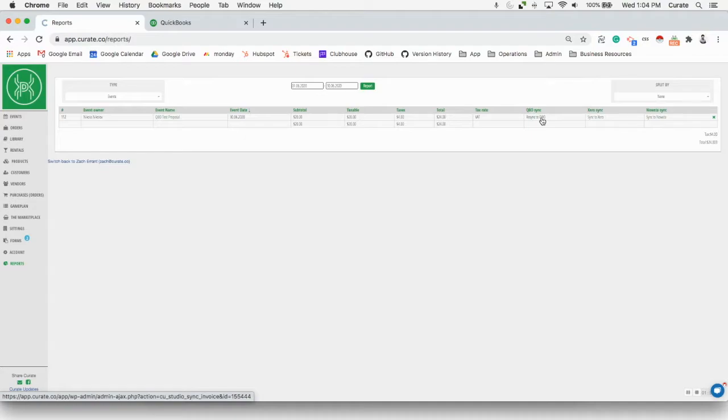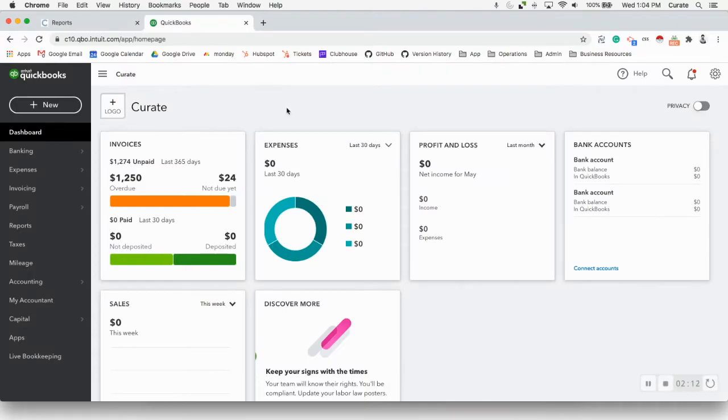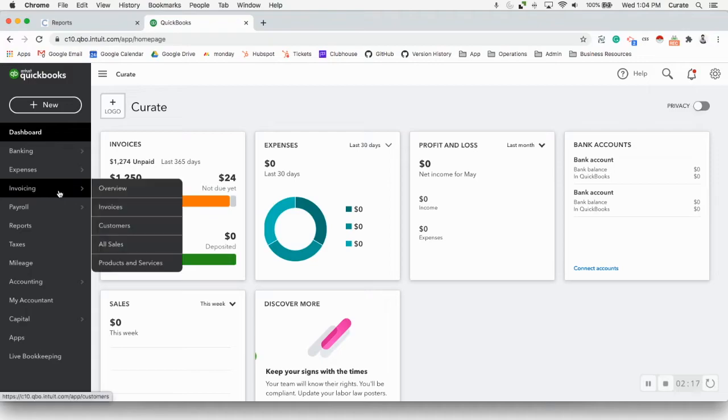So what Curate will do is check for a past invoice or proposal if it needs to be updated, or customer information. And if it can't locate that, it'll actually create a new invoice or a new customer for you. Now, jumping into the test demo account here within QuickBooks Online, where you're actually going to find your